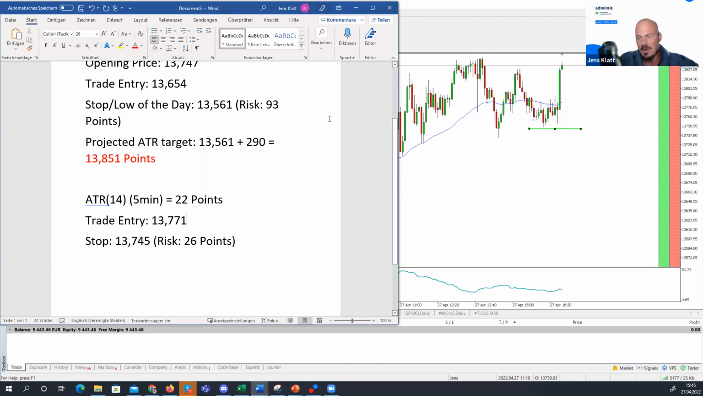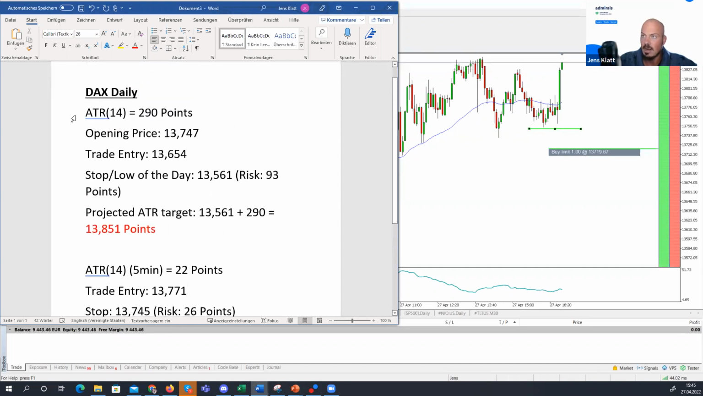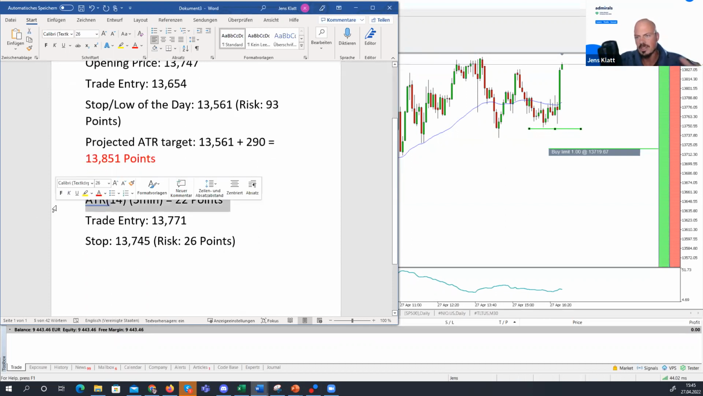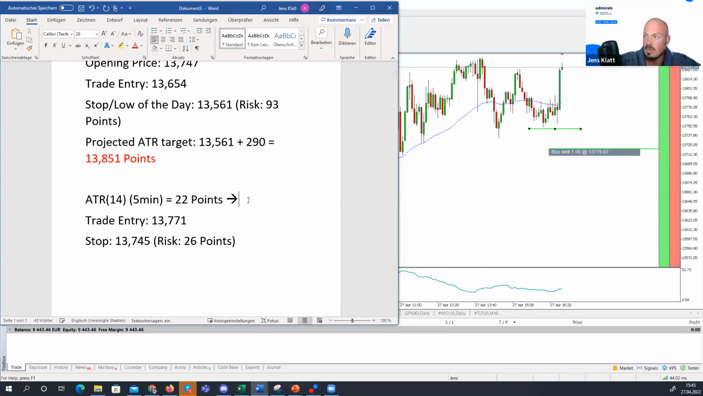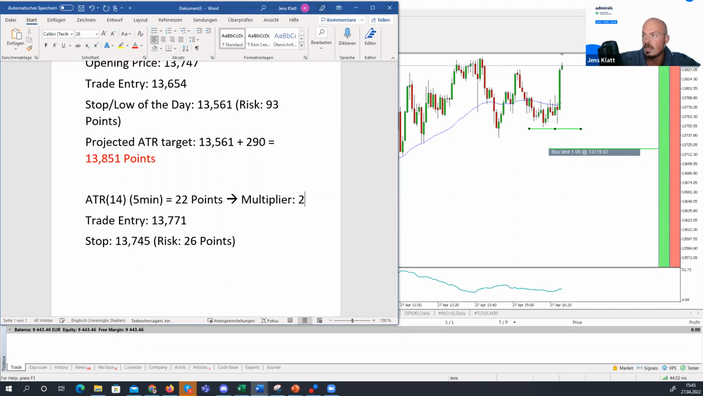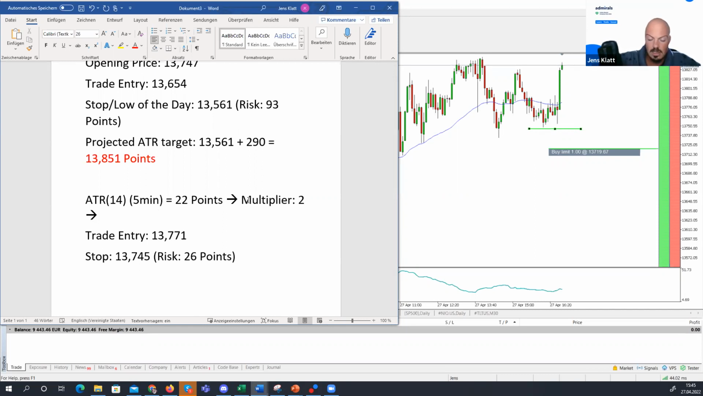Depends. It depends on how you calculate this. What I prefer to do is, if I'm working on a lower time frame than the daily chart, where you have 290 points in this case, I prefer to multiply my ATR with a factor, most of the time a factor of 2, which brings us to a min stop. Let's call it multiplier is 2. That delivers min stop width